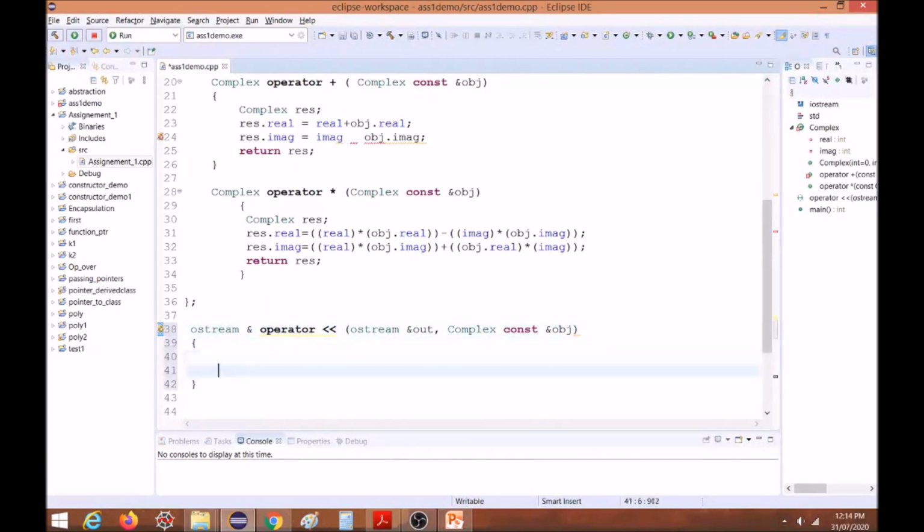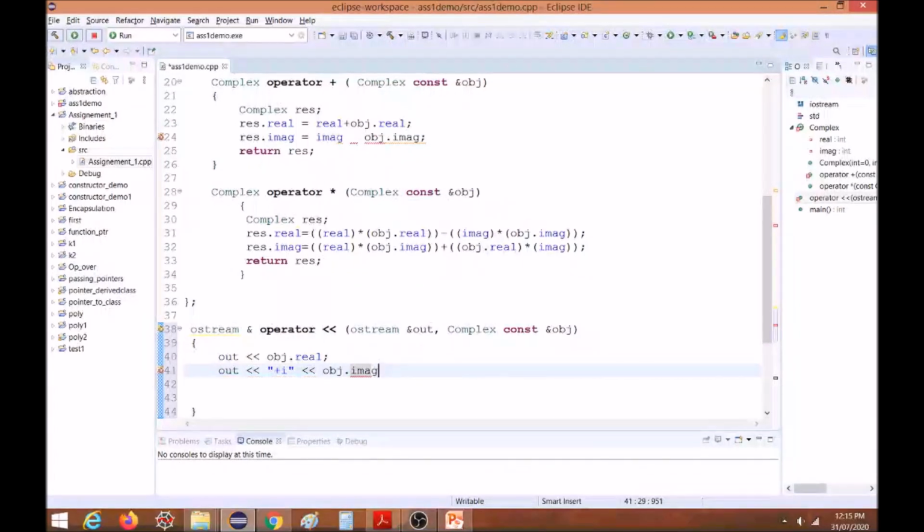Inside this I'll be displaying using out: out obj dot real part first, then out plus and I, and then the imaginary part, that is obj dot imaginary.